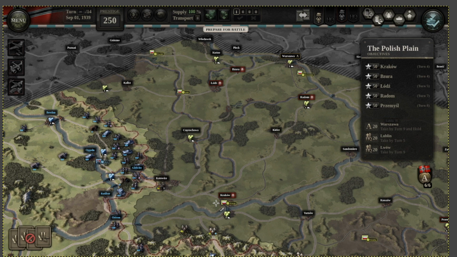With Krakow, you're just going to wait till turn 4, where the unit standing there will have no active units. Every unit will be suppressed. No active step. Every step will be suppressed. And then you can just take it. So Krakow is going to be very easy. Turn 4, for free. Up until turn 4, you have to really hurry with all your mobile units to get